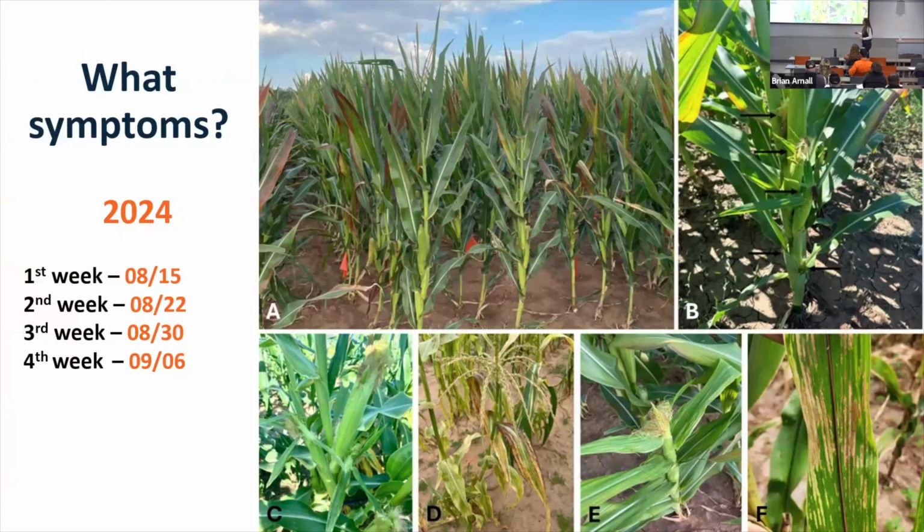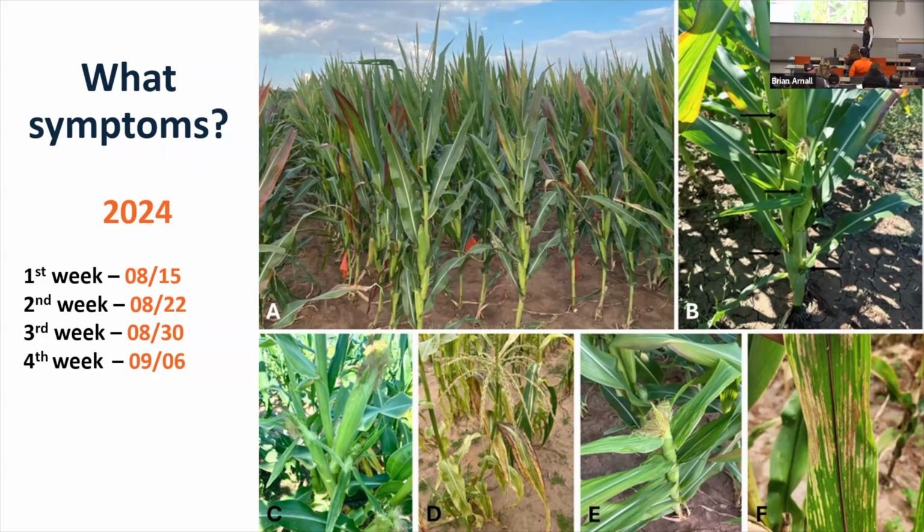So when I say what symptoms, I asked them, go to the field and look for those symptoms. Production of multiple ears, reddening of the leaf tips, this kind of reddening streaks, stunt of the plants. And also something that I didn't mention here, when the plant doesn't have any ear, doesn't produce any reproductive parts, was also one of the symptoms. And they are able to do that for 4 weeks before the plant starts to senesce, and then we are not able to differentiate what was corn stunt, what was